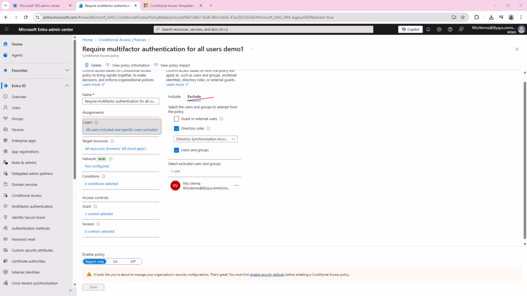So what are these? Exclude guest or external users. You should not allow guest or external users to access your resources without multi-factor authentication. Now suppose you create a meeting with some other organization, or you share a document which is online with some external B2B customer, or anybody who is not in your organization.